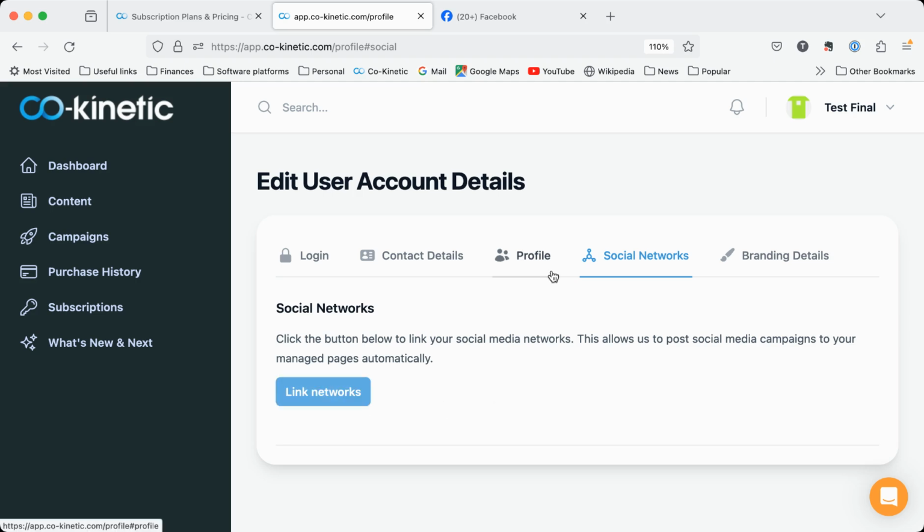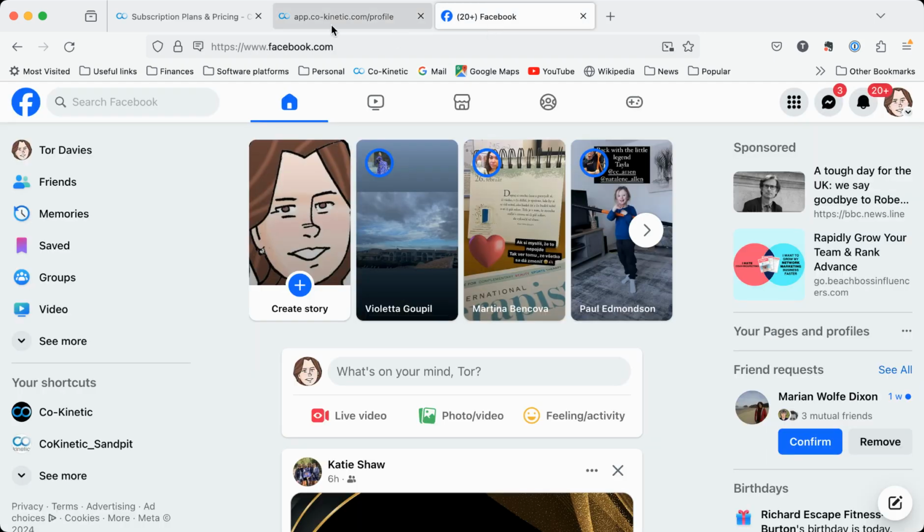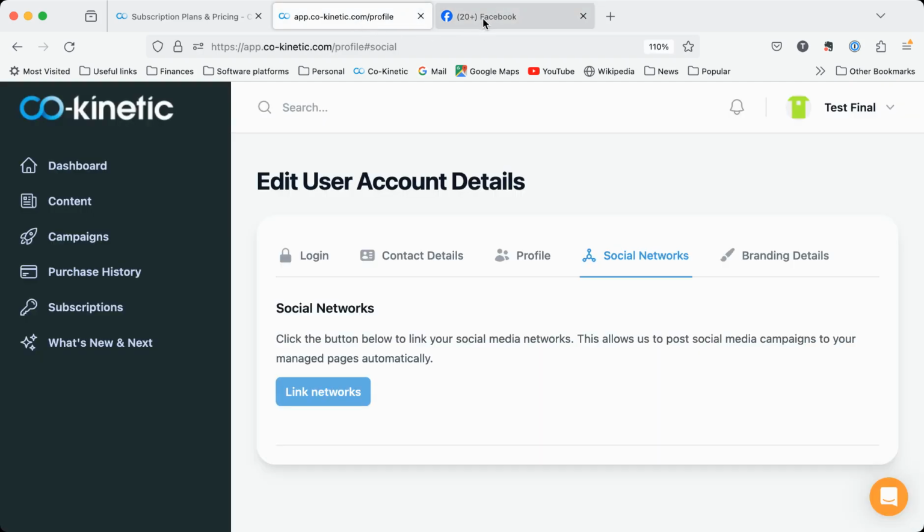Now, what I often recommend to people to do is to actually log in to the social networks that you're going to connect in another tab. So you can see I've logged into my Facebook account already in another tab. That just facilitates the browser. It knows that you're logged in and it's more likely to just log you straight through without you having to go through more hoops. But then we just basically click Link Networks, and this launches a